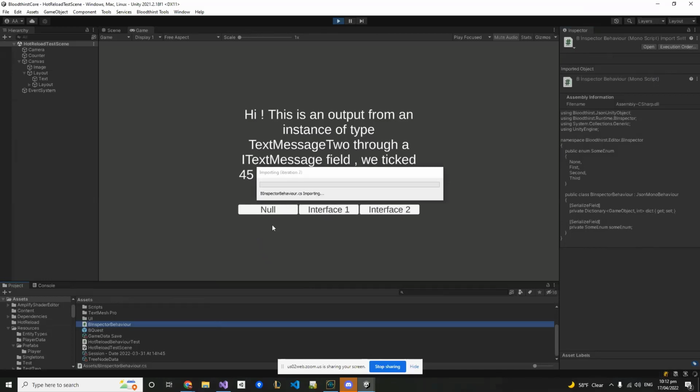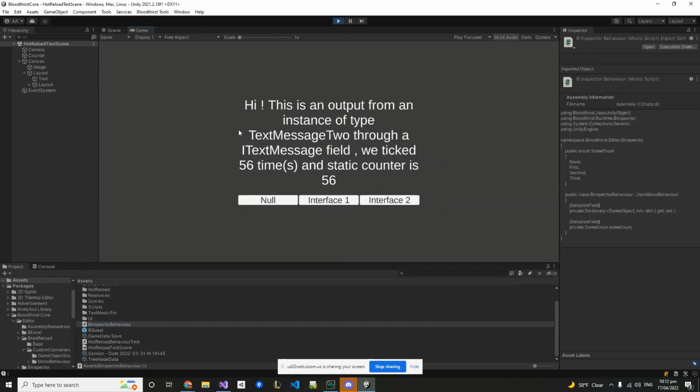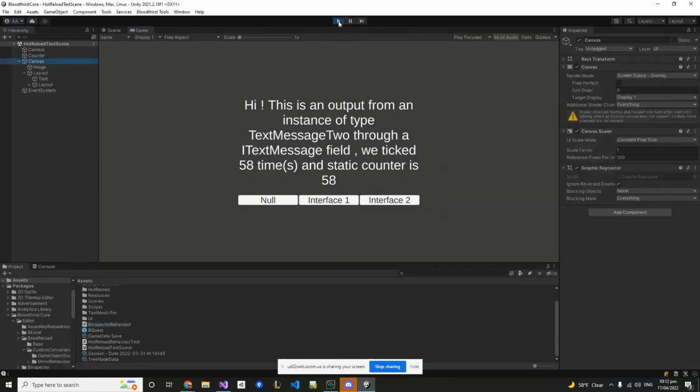And as you can see, it's keeping the kept values. Nice. Yeah. So since we've seen here that it's actually working, another thing, because I think I